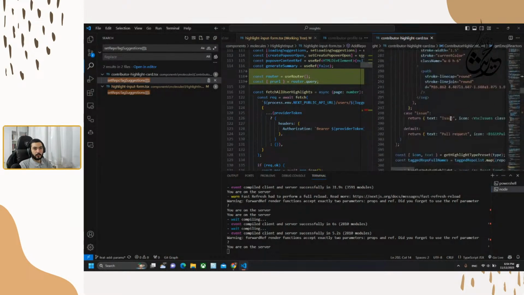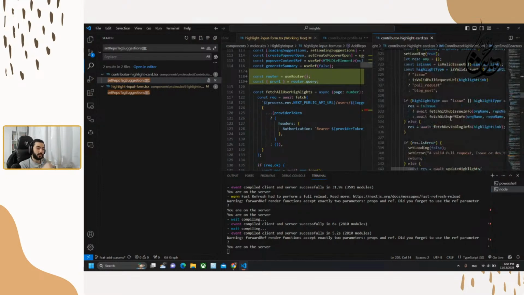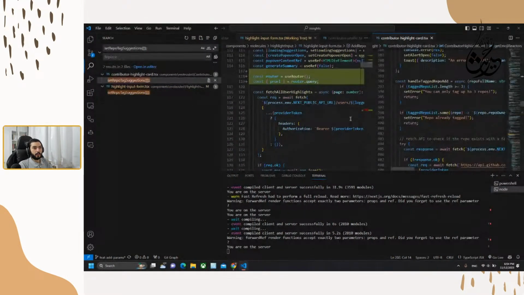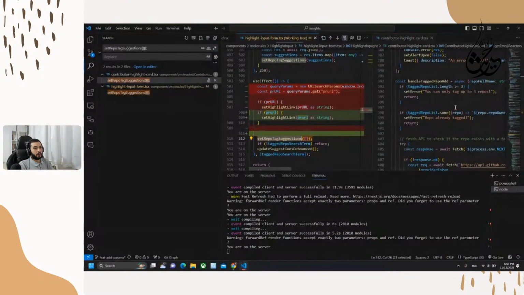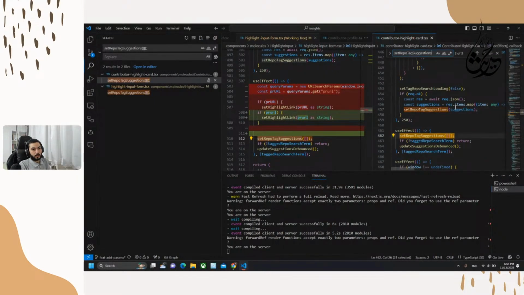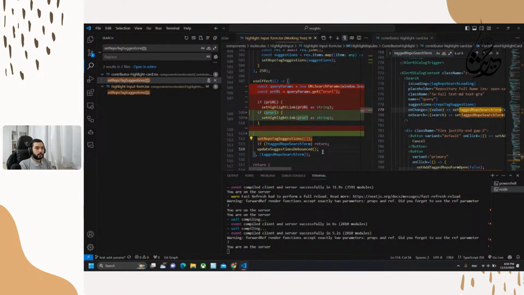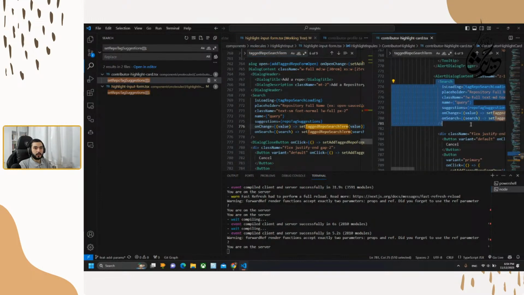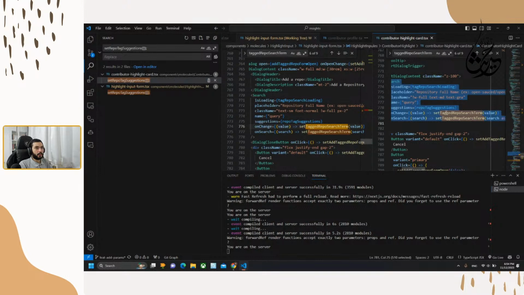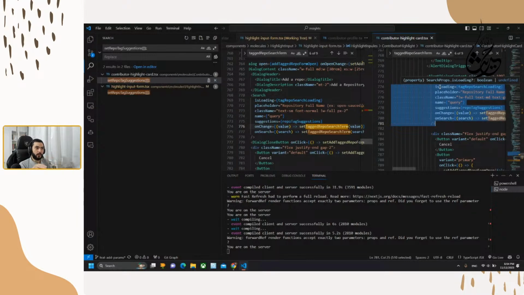I think this kind of similarity could be moved to utils so we could use the same functions without writing them again and again. This is happening because of the search that we have here. So I think that we could have search as a different component and get the logic of that search component in both of those.